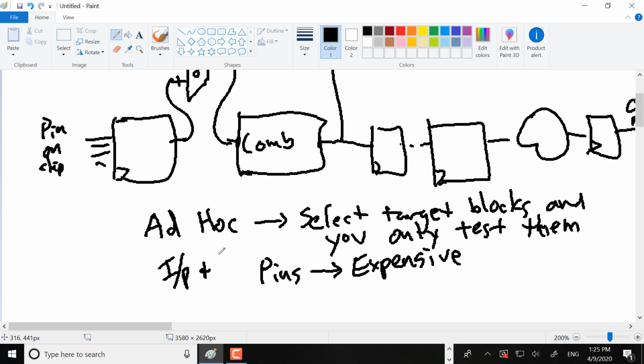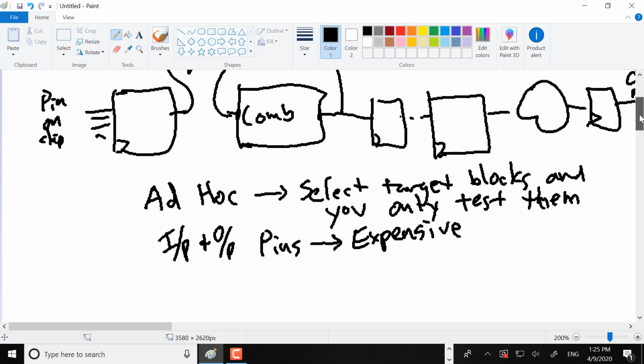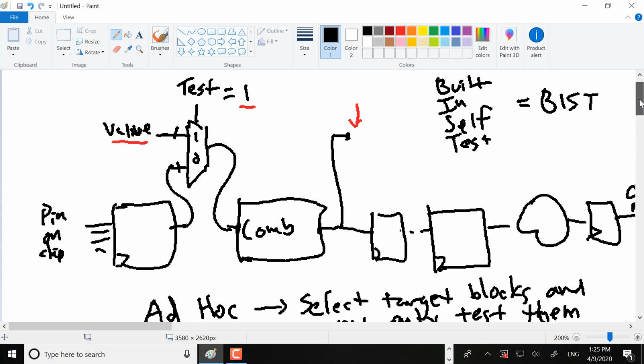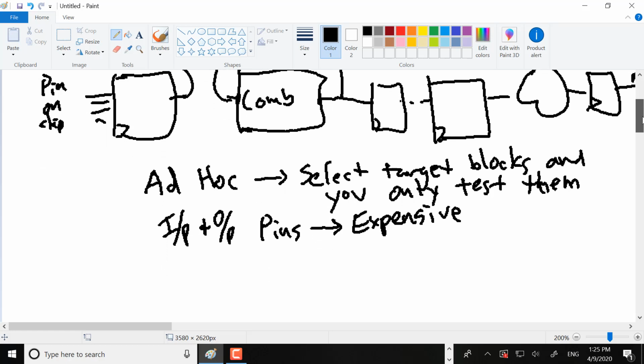if you have the input and output going to pins, then you have 16 coming in. If it's multiplying, then you have 16 coming out. That's 32 pins you have to dedicate just to giving an input to this combinational logic block and watching the output of the combinational logic block. So that's expensive. So another way to do an ad hoc test is, if you know which block you want to test, what you can do is,